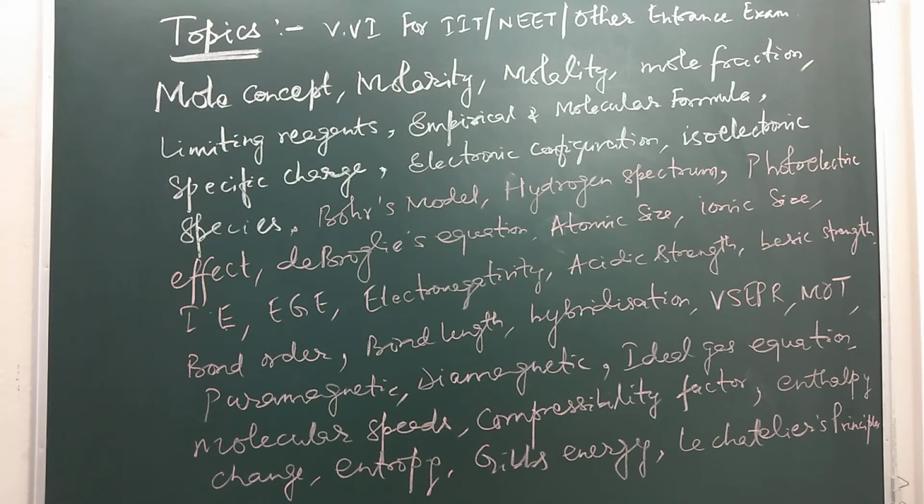What is mole? Mole is the counting unit. Mole is a unit. One mole represents Avogadro number of species or entities. These entities can be electrons, protons, neutrons, atoms, ions, molecules, even biological viruses. So if we say 1 mole hydrogen, that means 6.022 into 10 power 23 hydrogen atoms. If we say 1 mole dihydrogen, that means 6.022 into 10 to the power 23 hydrogen molecules.